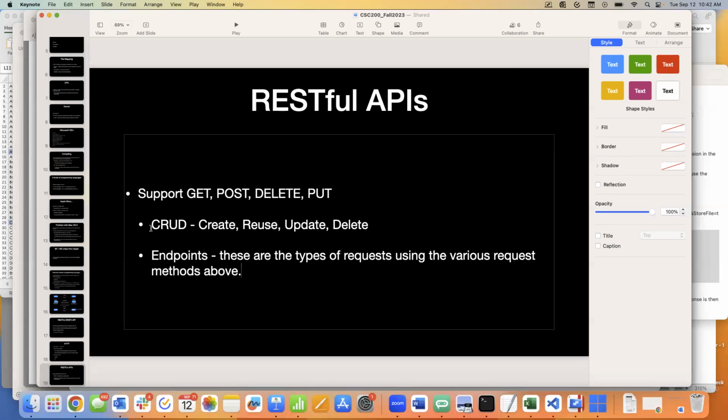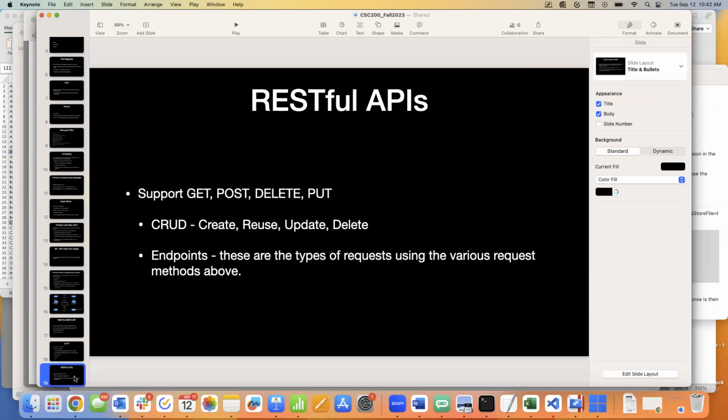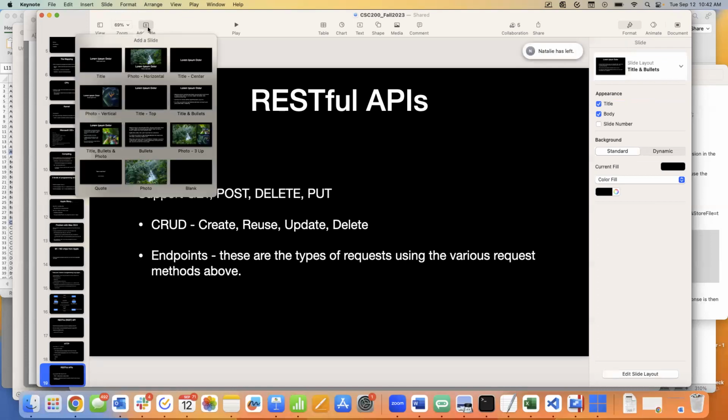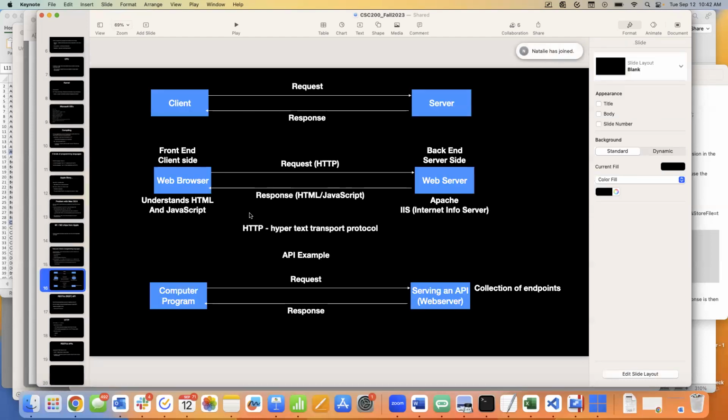All right, so that's what a RESTful API is. It's a way of talking to these data sources, and we're just seeing repeats of this whole client server model as we go through here. Now, when we talked about making requests to a web server, in this client server model, the web server is always sending us our stuff back as HTML and JavaScript. But when we're talking to an API, what format does that information come back as?